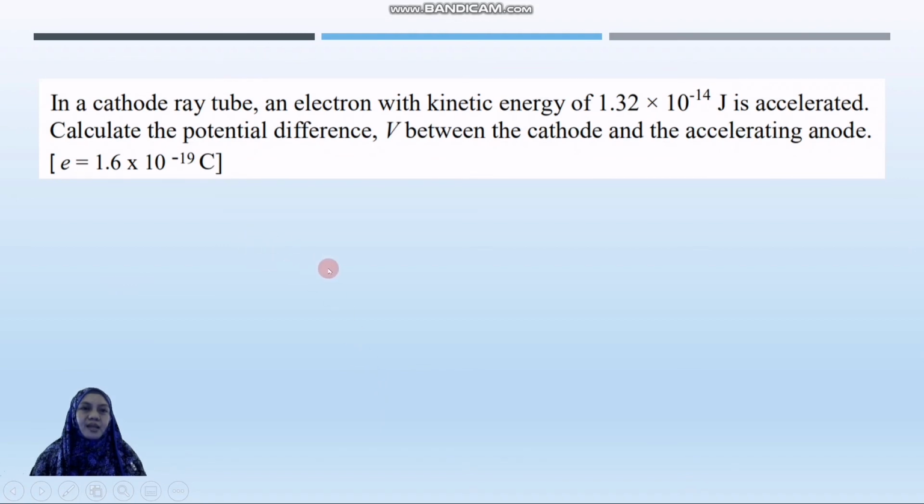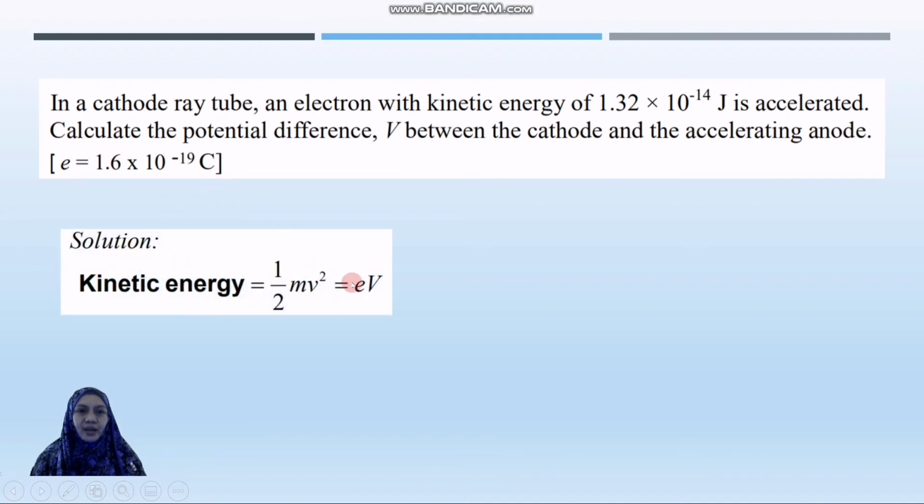Okay, let's take a look at example number 1. In a cathode ray tube, an electron with kinetic energy of 1.32 times 10 to the power of negative 14 joule is accelerated. Calculate the potential difference V between the cathode and the accelerating anode. So this is the amount of kinetic energy given, so we have to find V, the potential difference, when given e, 1.6 times 10 to the power of negative 19 coulomb. So how to solve this? So first, this is the energy